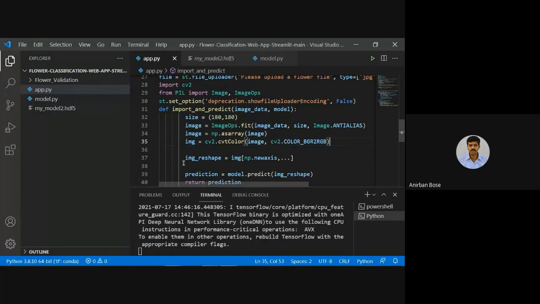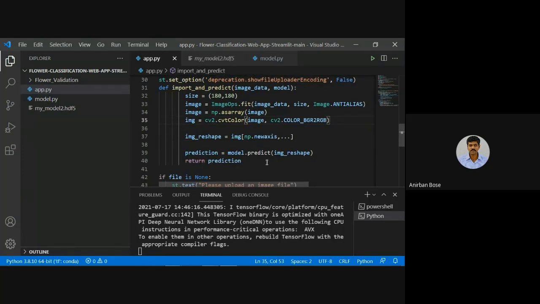Third one, here you see that image_reshape is going to add np.newaxis. np.newaxis is nothing else, just adding an extra dimension in the array. So with this array consisting of many dimensions, maybe the size like 180, 180, 3, there are many dimensions present within that image. Along with that, one extra dimension is added by np.newaxis. Nothing else, only the extra dimension is added.